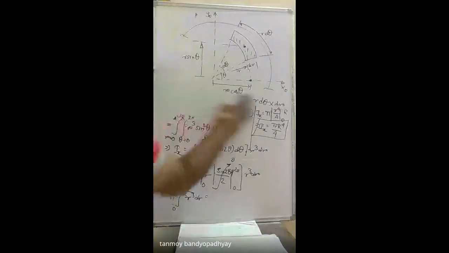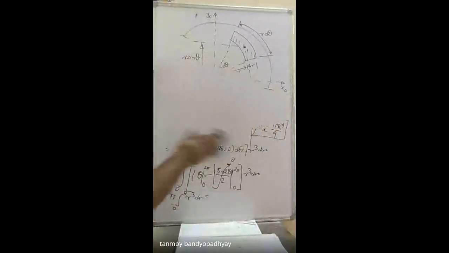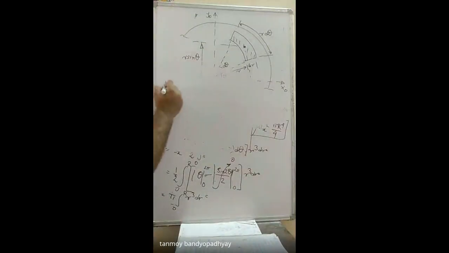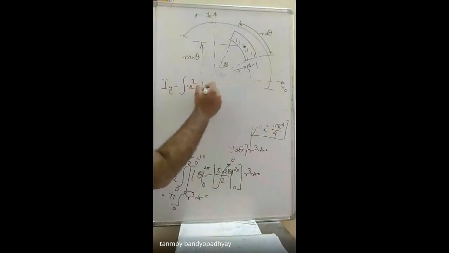So next one is Iy. While calculating Iy, I hope you can understand: Iy will be equal to the integration of x square dA. That should be equal to the integration of (x was r cos theta) square into (dA was r dr d theta). So this is an integration over area, and you have to do a double integration where r varies from 0 to capital R and theta varies from 0 to 2 pi. So just do it by yourselves.